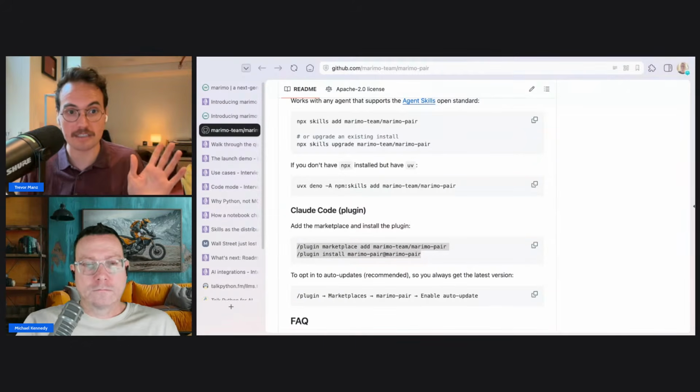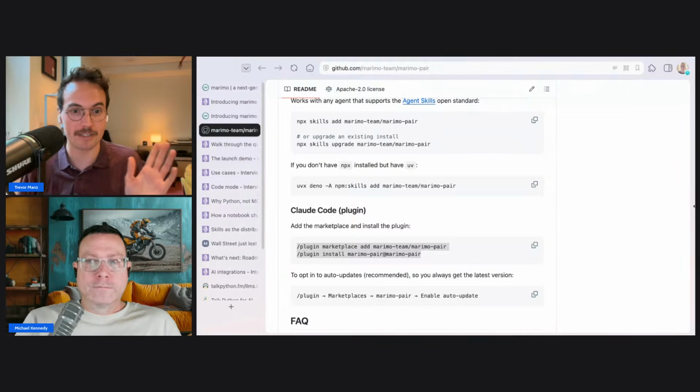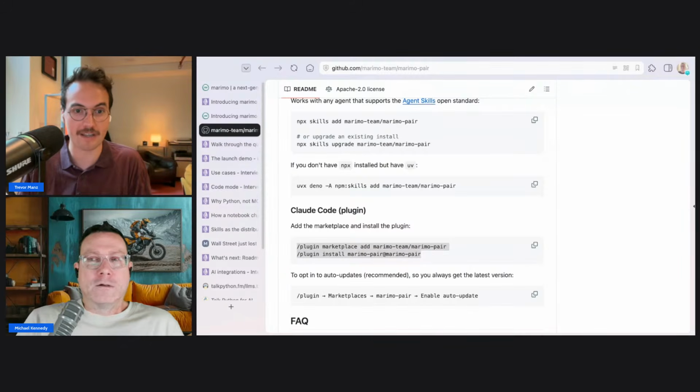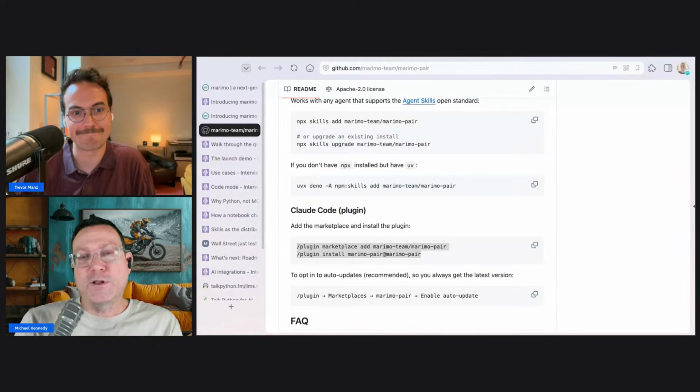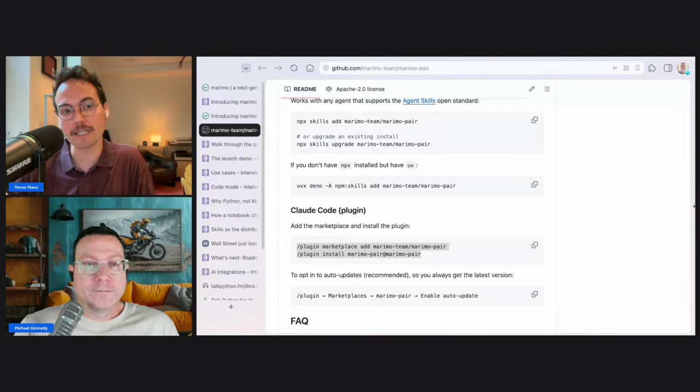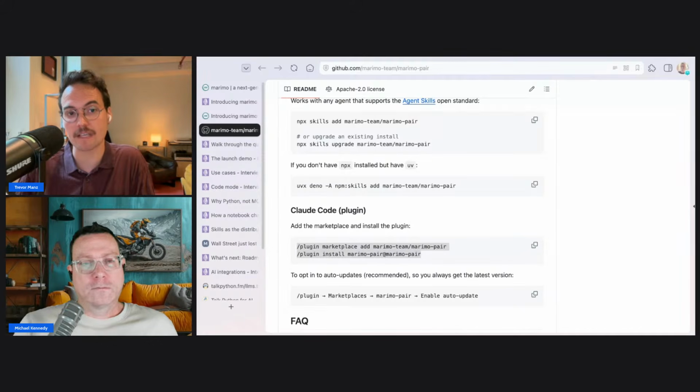Those are semantically equivalent, or they just eventually trigger the same CLI. It's just that the package manager doing it is different. Versus the plugin, exactly. The plugin is a specific install instruction for Claude Code, and I believe Codex has something quite similar.